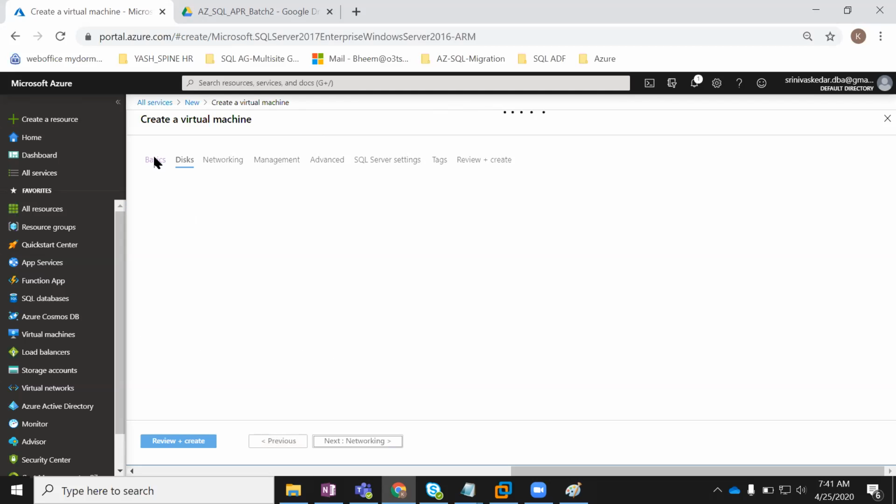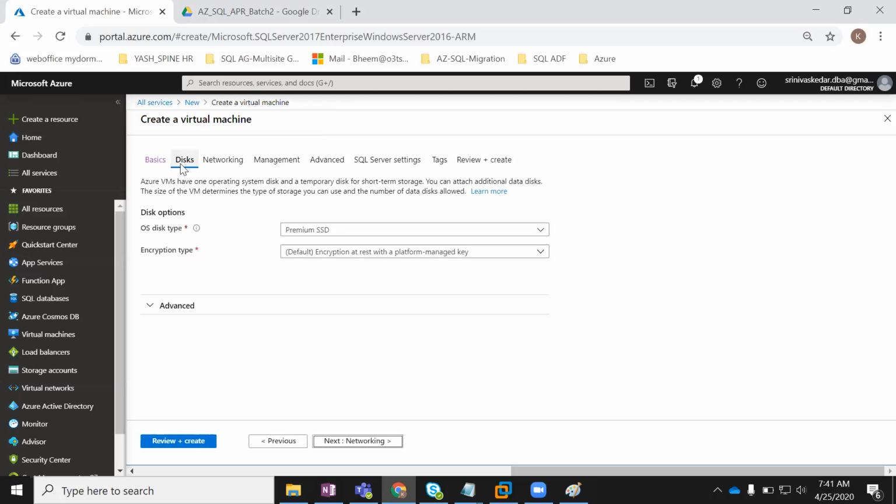See next, the first blade is the basic blade. The second blade is the disks part. Here is the OS disk and the encryption type. Let's say this OS disk is having the couple of things: a standard disk and the premium disk. HDD disk is the local magnetic disk. Okay, and SSD is the solid state disk. Comparing to HDD, SSD is, you know, 20 times faster. Okay, so think about it: whether the server is production and highly optimistic in performance required, then we can go for the SSD. Otherwise, even still we have